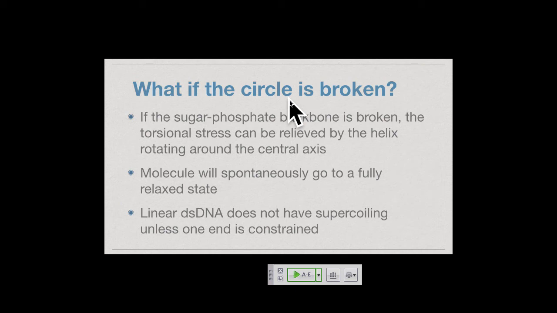How many of you have thought about what happens during DNA replication? I didn't think so. Okay. We talk about DNA replication. You should at least know that the two strands have to get unwound. They never come back together again. One strand shows up in each of the two new daughter helices.